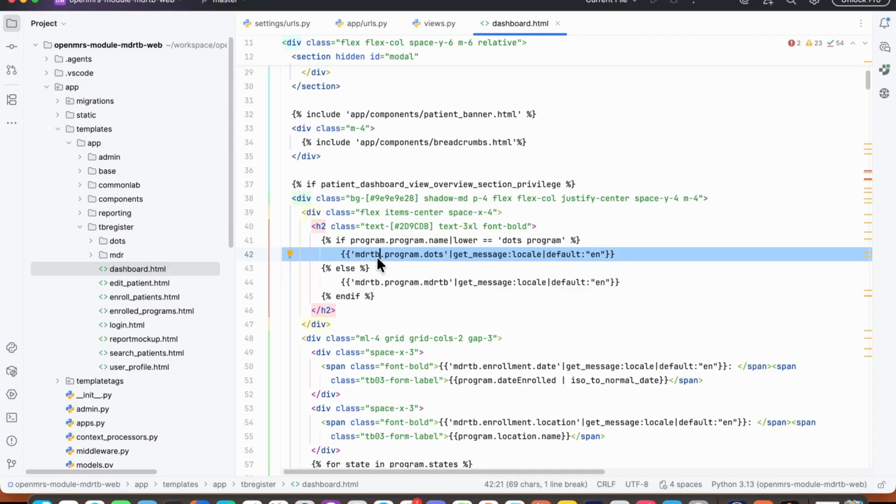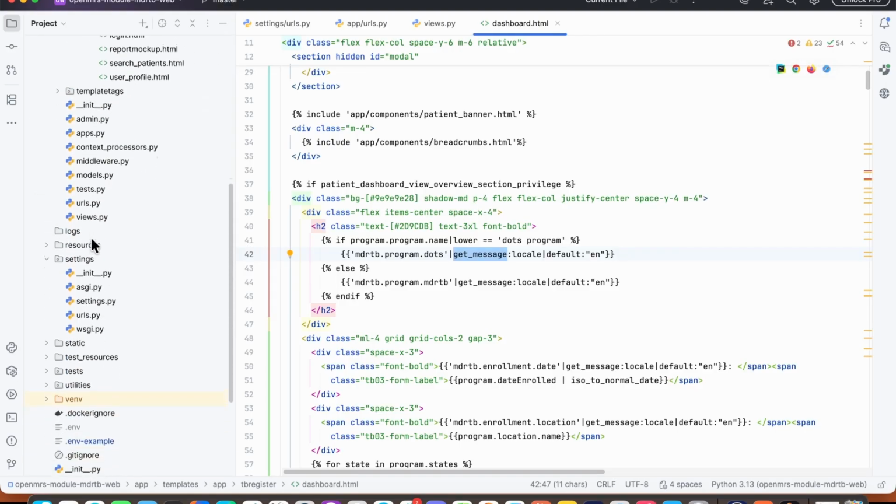See, we've used this tag. What is it saying? It's saying call get message and supply this parameter to it. Now what is get message? Get message is a function which will look for